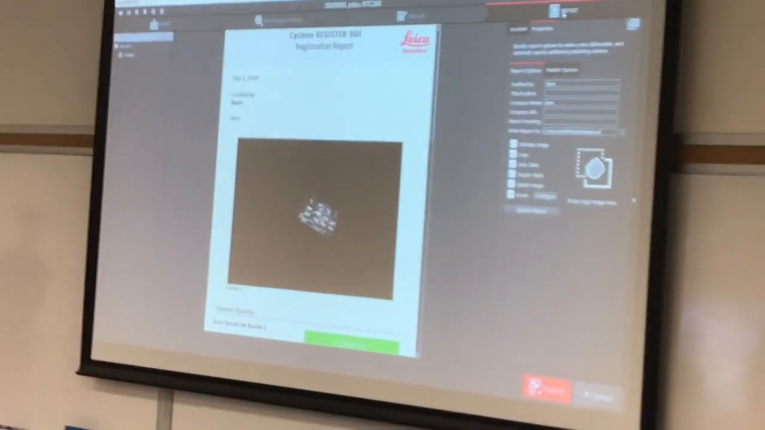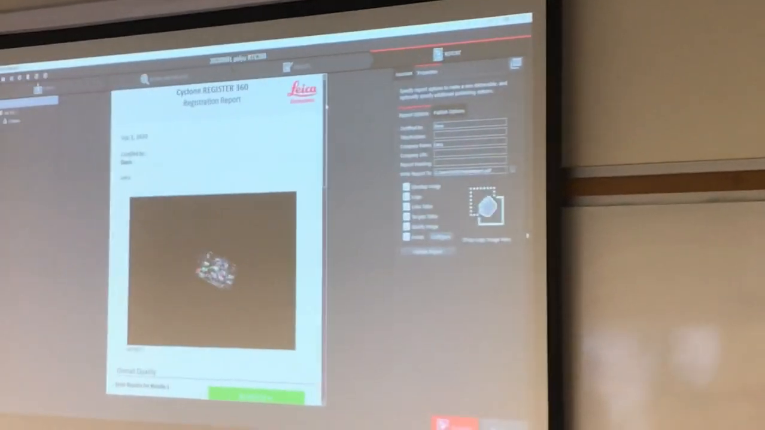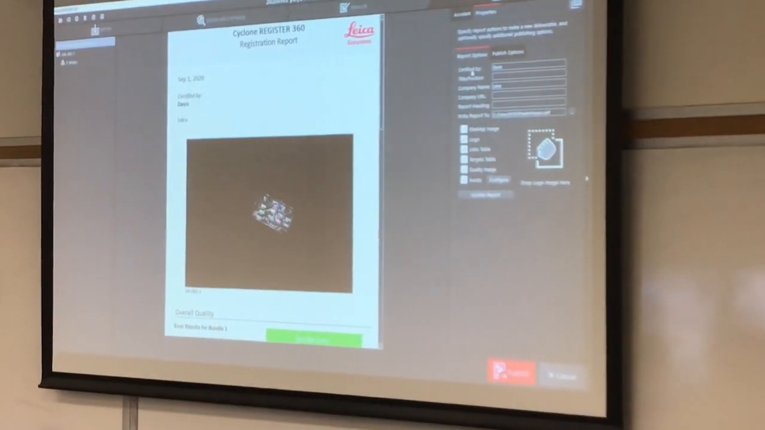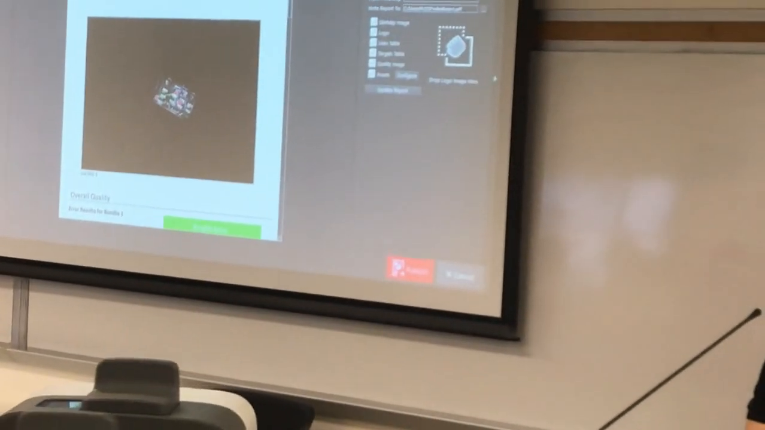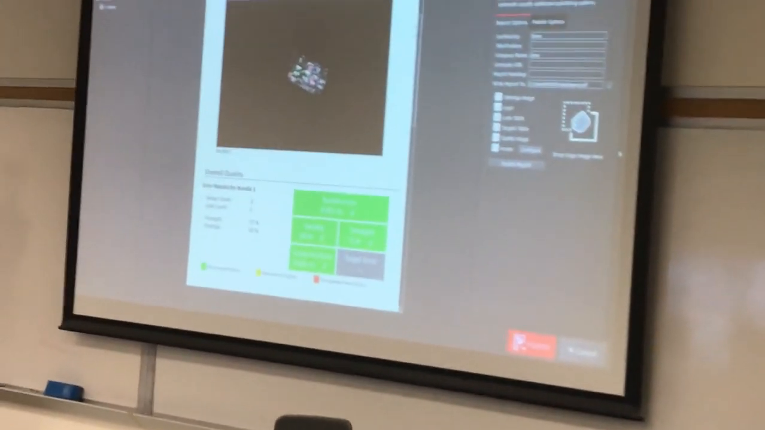Here is the report page. The report page has two functions. The first function is the report option. It will show the information about the bundle